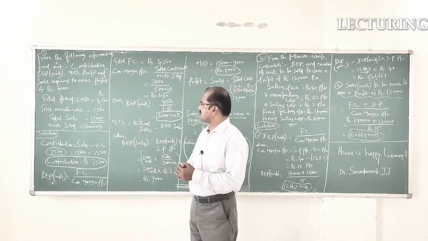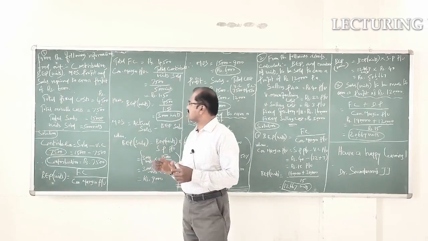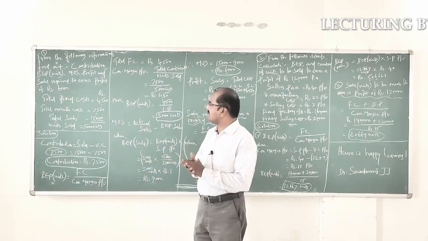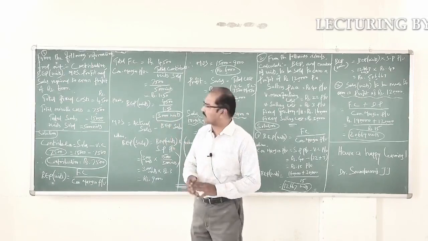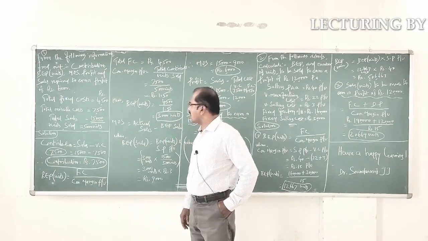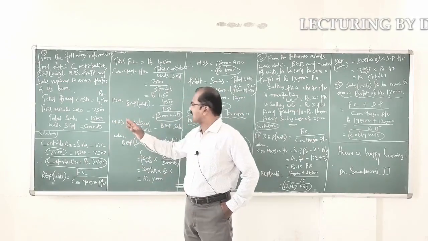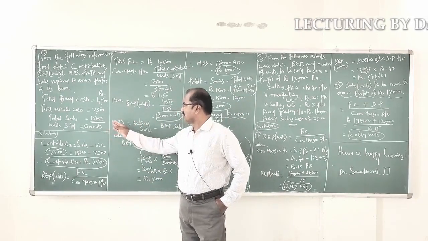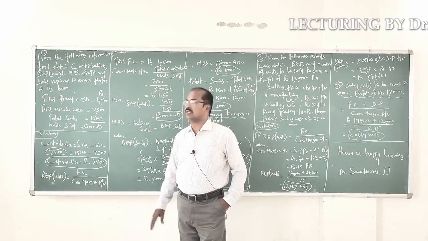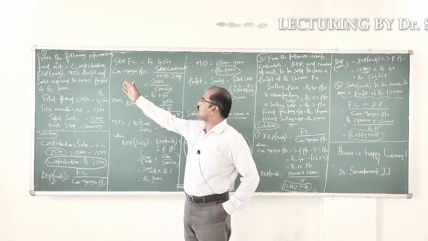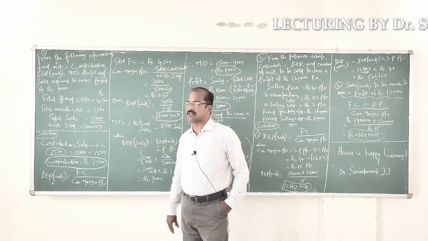Whatever the information presented in the problem: total fixed cost amounts to 4,500 rupees. Total variable cost amounts to 7,500 rupees. Total sales is given with the value of 15,000 rupees. And the number of units sold is 5,000 units. So, using this accounting information, we need to calculate those aspects.